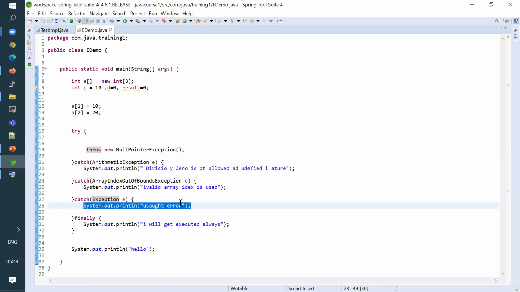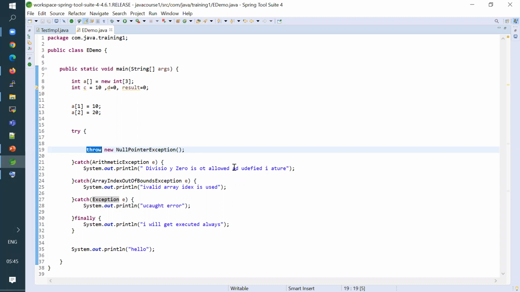Okay. So using throw, the idea is you can throw exceptions as a programmer. You yourself can throw some exceptions. And I just gave an example of a real-time scenario, where you query a database for some employee details and you couldn't find the employee details. So in that case, you can throw some exception saying EmployeeNotFoundException. So you can throw your own exceptions, right? So that's what it is about the throw keyword.